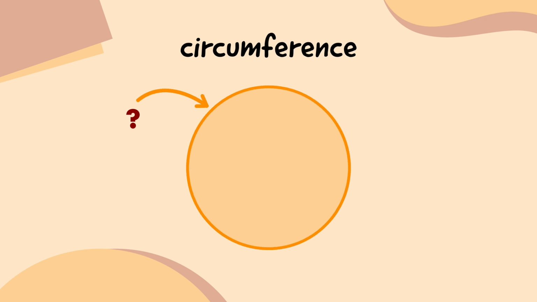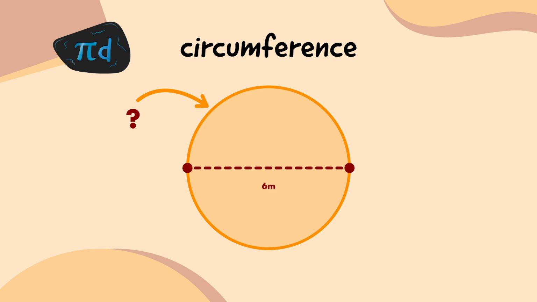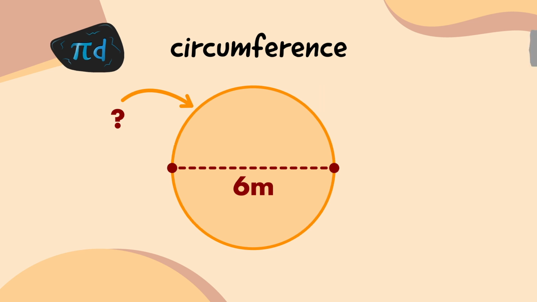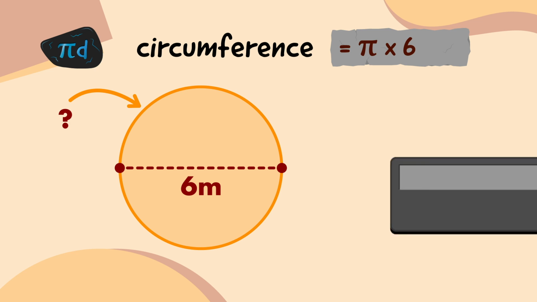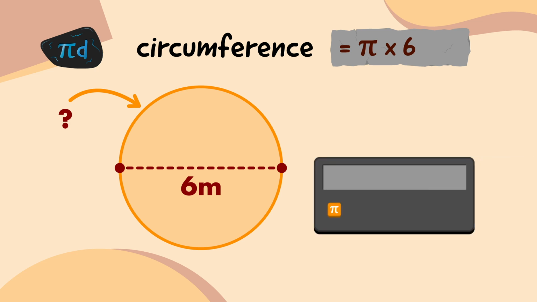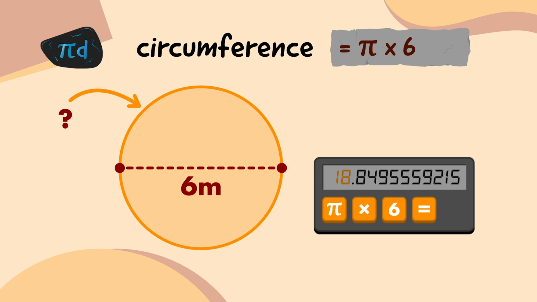I'll start by working out the circumference, which is pi times as long as the diameter, or pi d. Great, so according to the measuring staff, the diameter of the stone circle is 6 metres. Okay, so I'm going to multiply pi by 6. That seems simple enough, but I'm still going to need my calculator. I'm going to press the pi button, press the multiply button, type 6 and press the equals button, which gives me